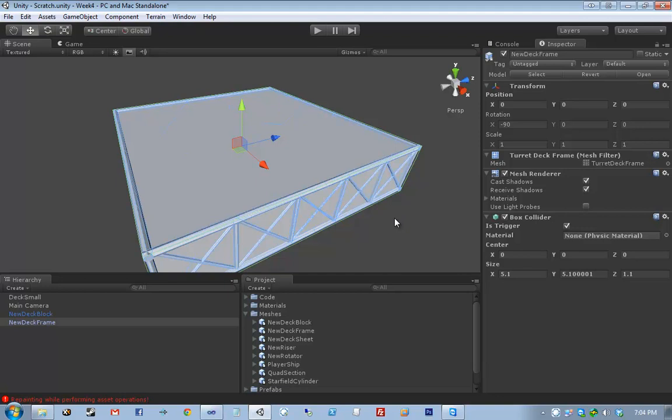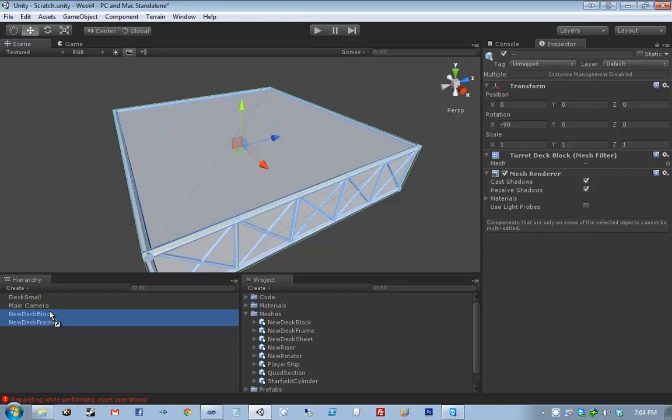This is probably easier to see on the player because it's not a box shape, and yet it does that. But the key thing is to make sure you click Is Trigger and check that checkbox. I'm going to change this to 5.1 just to fix my OCD a little bit. Okay, so now that our new deck block and new deck frame are configured,